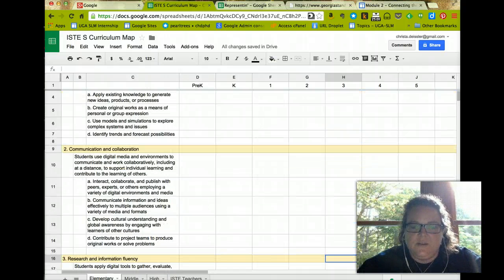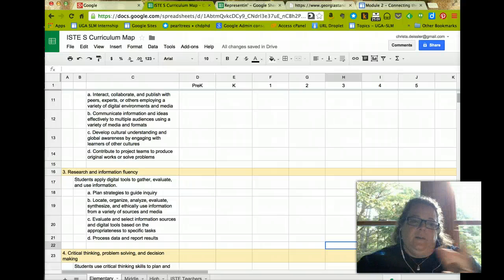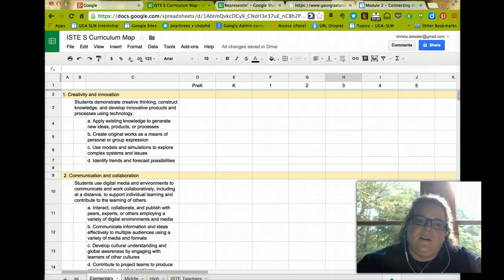So I don't have any specifics yet. I don't expect everybody to have an example lesson or a lesson idea for every single standard, because for one thing, you could probably address multiple standards in a single lesson. But I do want us to start building an idea of, okay, what exactly does